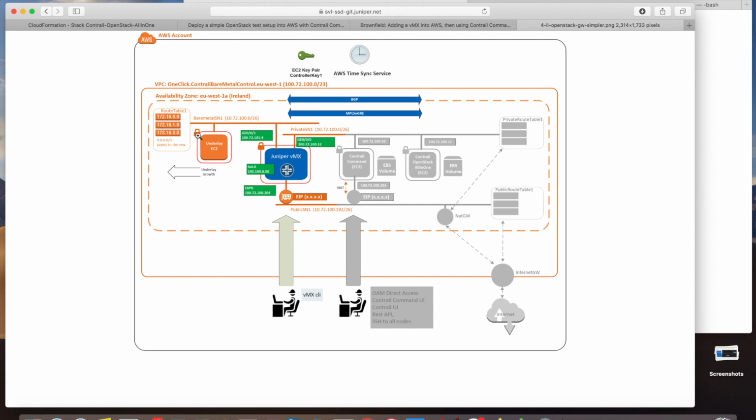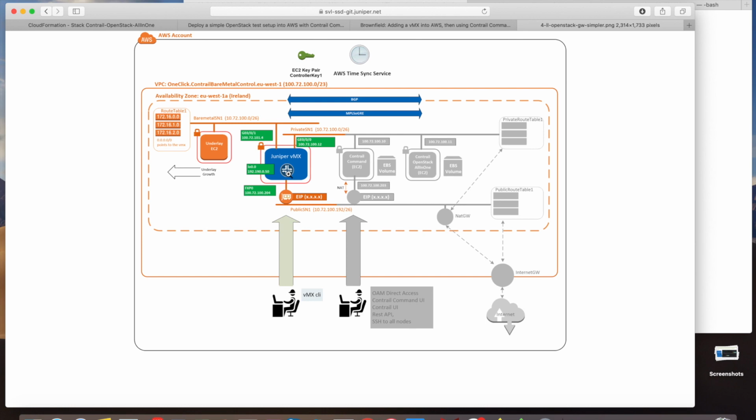If you select the box, we deploy a test instance for you in that subnet, with a route table, and in that route table our default route will send all traffic via the vMX. The vMX will also use a loopback address, so the stack will modify route tables and security groups in OpenStack, as well as creating new security groups and route tables so that the devices can all reach the loopback